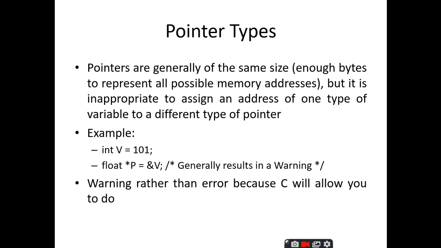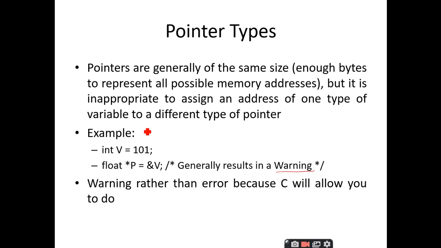And I told you that an integer pointer can store the address of another integer variable only. Similarly, the floating pointer variable can store the address of another floating point variable only. So what happens if you have a mismatch in the pointer type and the variable type? It will simply result in a warning. That's it,